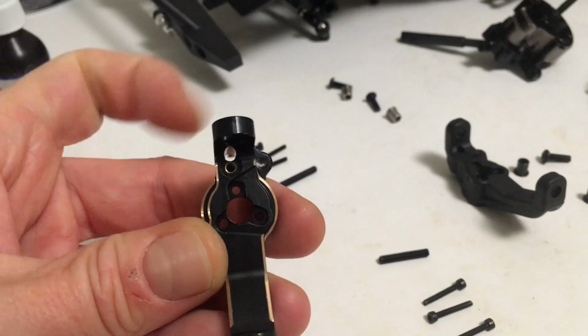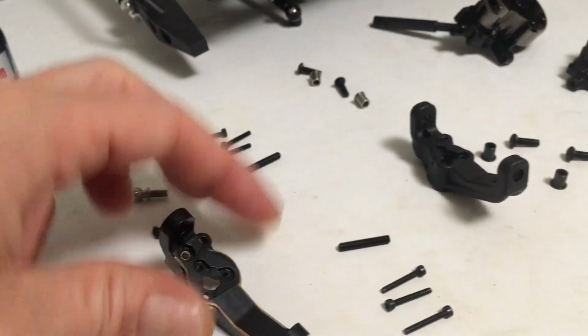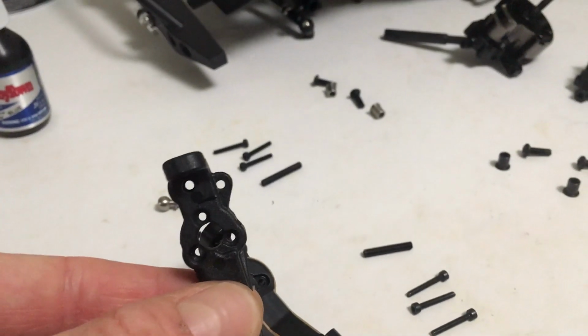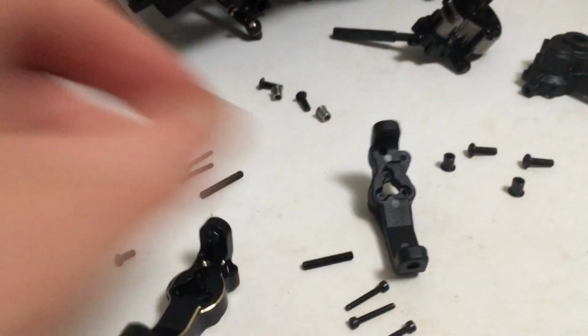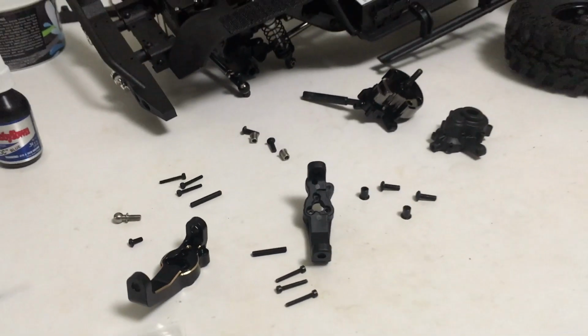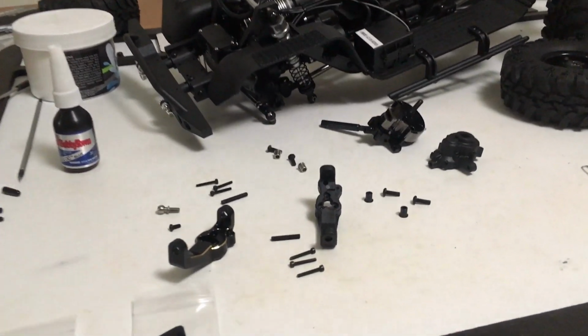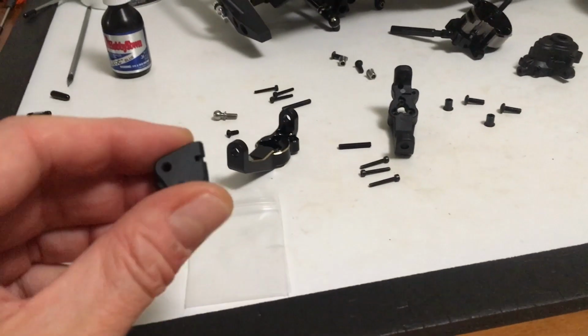So, and then this other hole is unused, and that's also on the OEM right here. So I don't know what that's for. Maybe on a different model or something on that. So anyways, I'm going to get this side reassembled, and I think while I'm down here I'm going to put